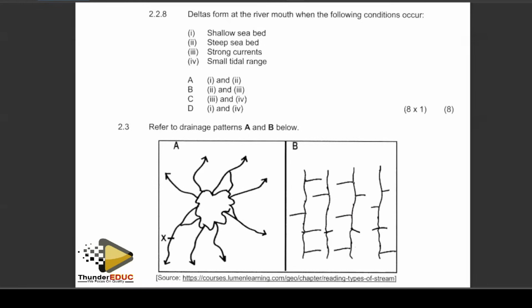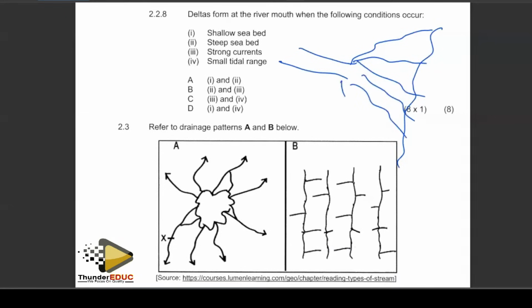There's extensive deposition as the river gets into the sea, such that it appears we have like one river, the sea is there, maybe the sea is starting from there. The river now starts to branch into so many distributaries feeding into the ocean or the sea. This was one river flowing from there, but now it is branching into, this is what we call a delta